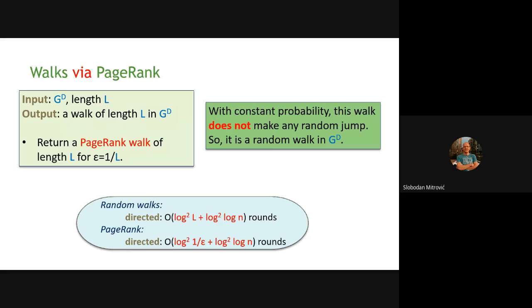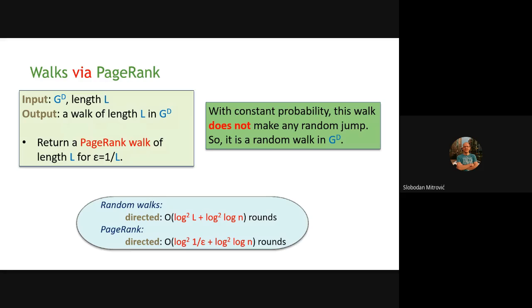So the algorithm itself, you will see more details in a moment, but the algorithm itself will follow the definition, this page rank walk matrix, and it will annotate each edge, whether it jumped or not. So when a jump happens, you would know that this actually was a jump,